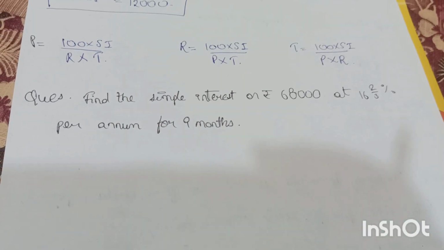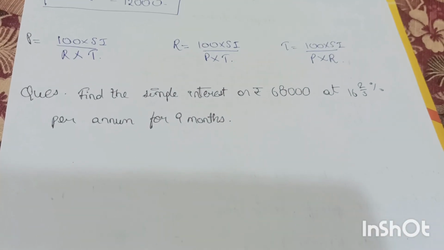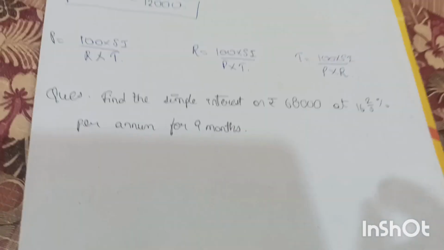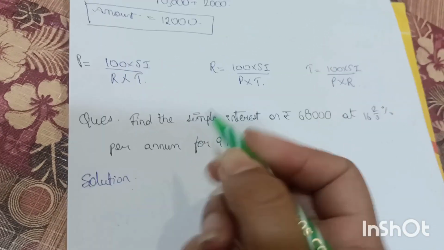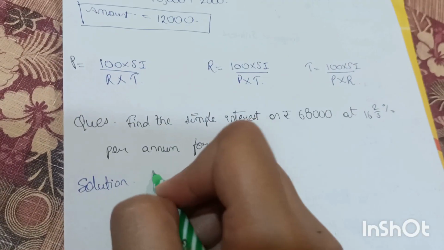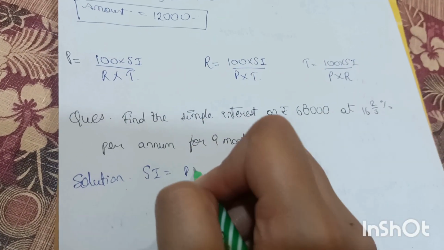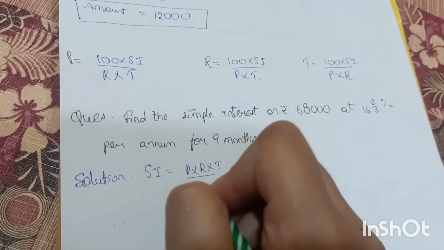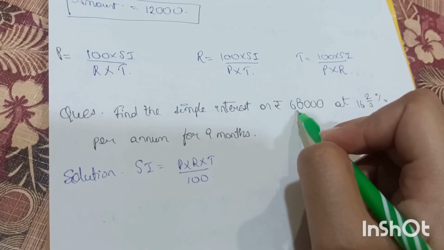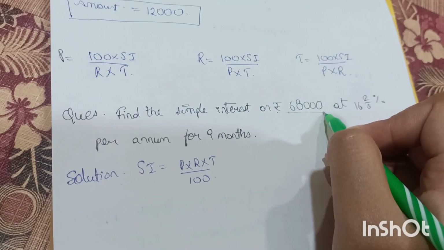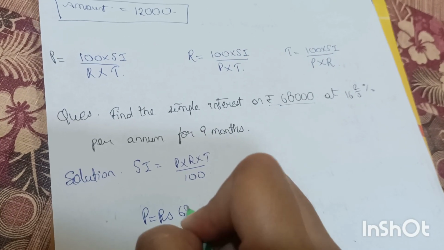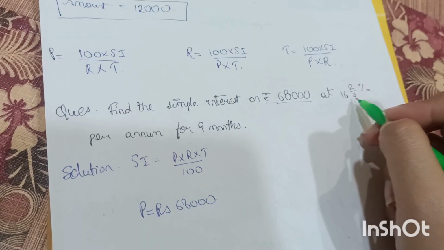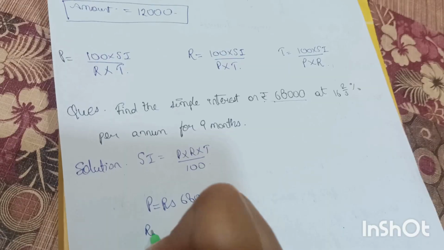Now let's solve some question. So the first question is on your screen. You may solve it out. So now let's solve it. So you can see that in this question we have to find SI. So first let's write the formula P into R into time upon 100, and you can see that principal is given as 68,000. So over here you can write P as 68,000 and rate over here is given as this